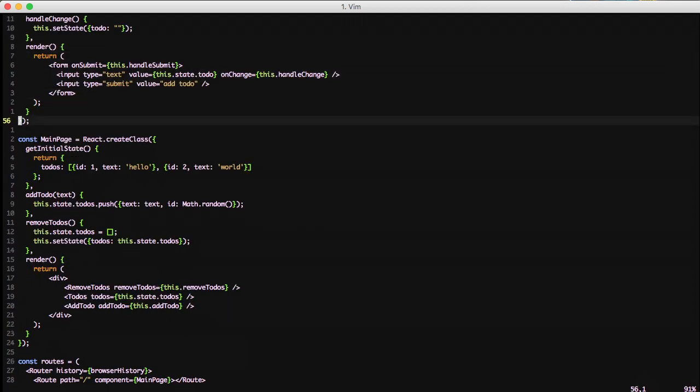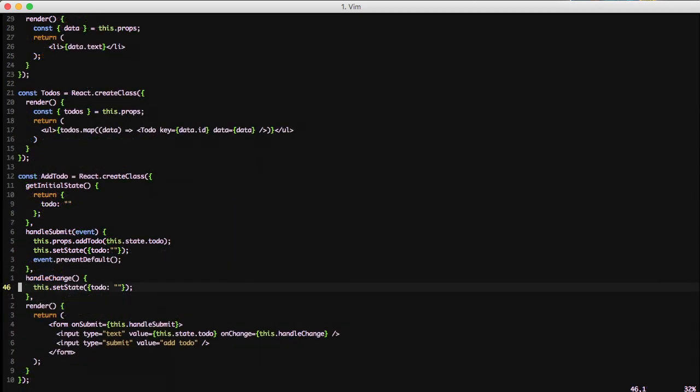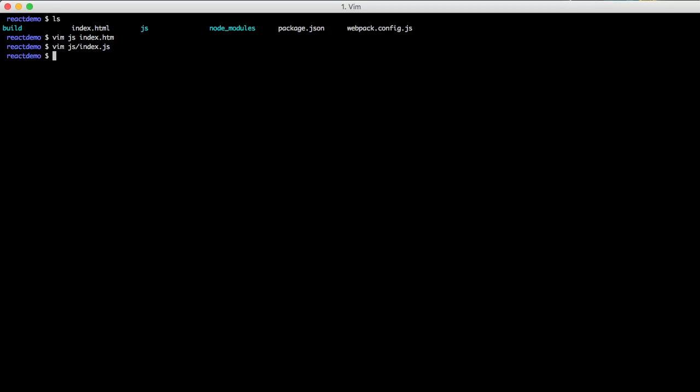Then we need to go down to our addTodo because we forgot to set the state down there. And then finally, we'll go back to our handleChange function in our AddTodo, and we'll set event.target.value because it's the value of our form element. So it's going to constantly update the todo state in our state. So with that, we're ready to actually run it,